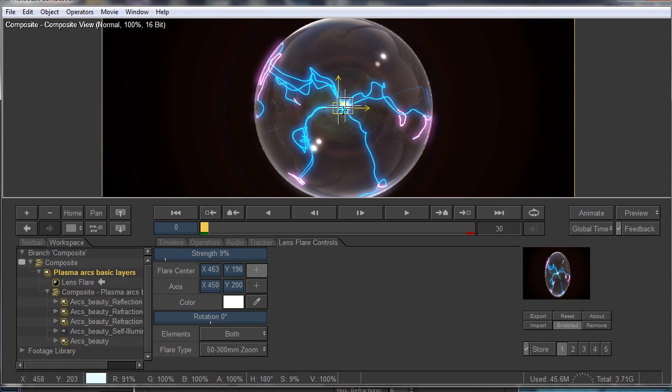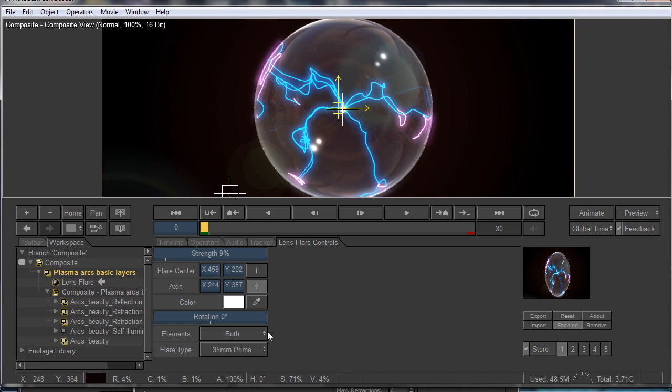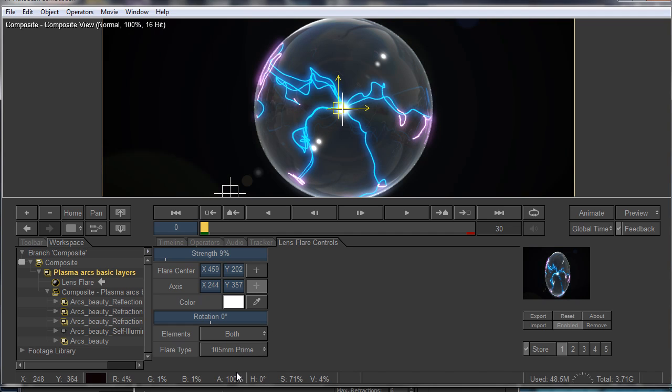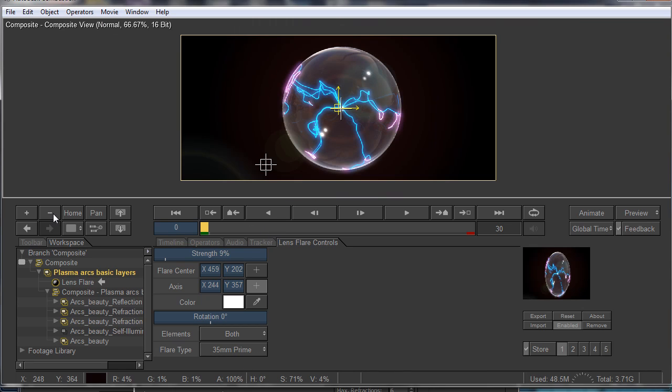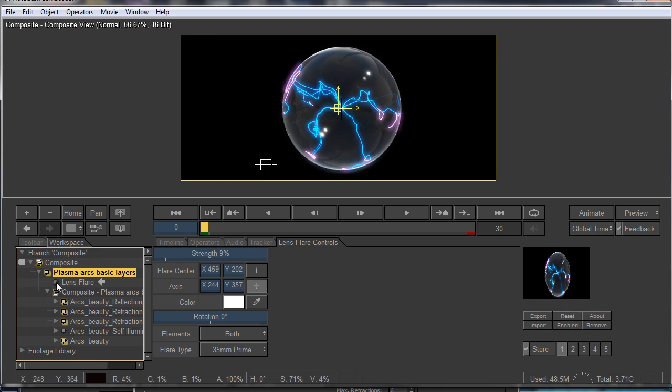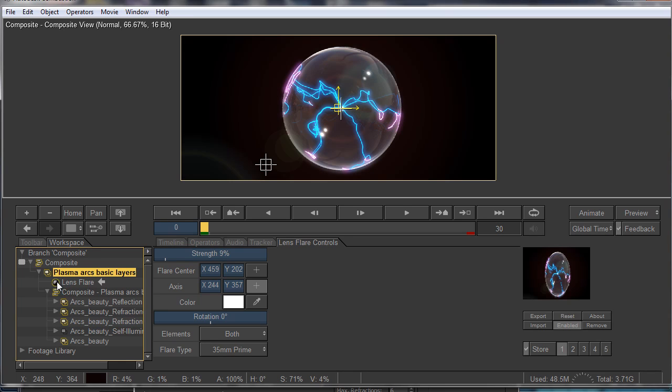Okay, we can make it little like this one, and we can decide which kind you'd like to have. This one is not bad. So you see that this one is coloring also our render, so if you don't like it, you can go for this one,